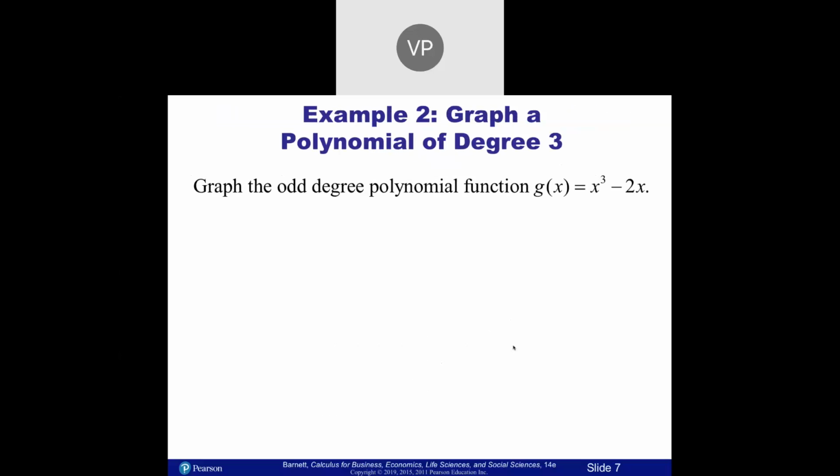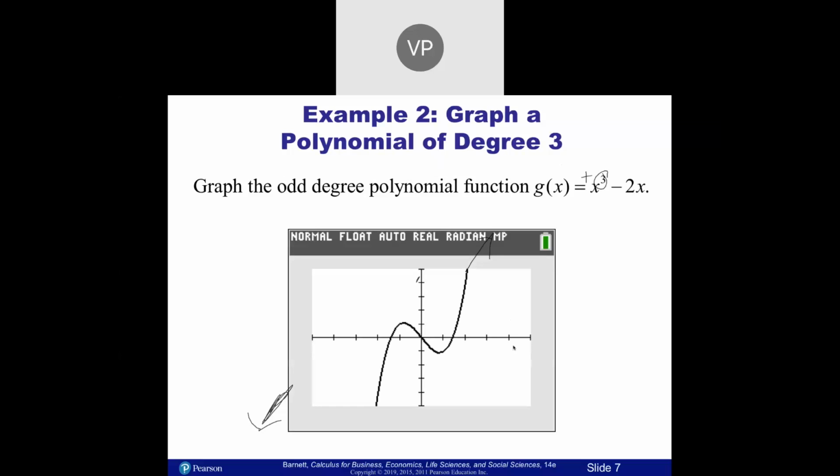Okay, so now we're going to graph an odd degree polynomial function. It's x cubed. Now notice it's the same thing. It's positive, so it's going to be starting down here, and it's going to end up here. Now, one way I like to look at it is, if you have an odd degree, the power, it starts and finishes at different spots. If you have an even degree, it's going to start and finish at the same place, both high or both low. This is an odd degree, it's positive, it's going to look like this,